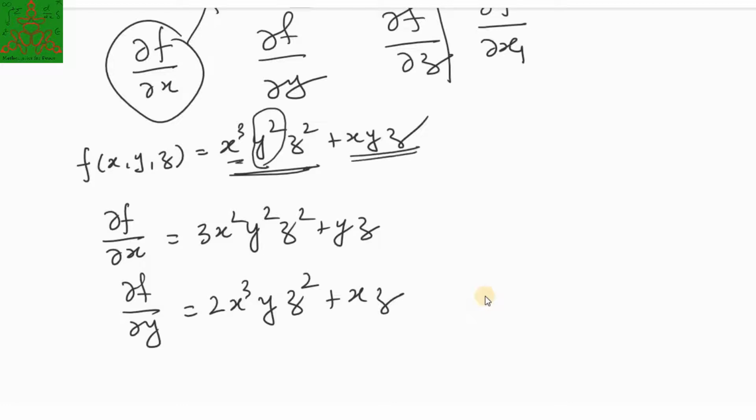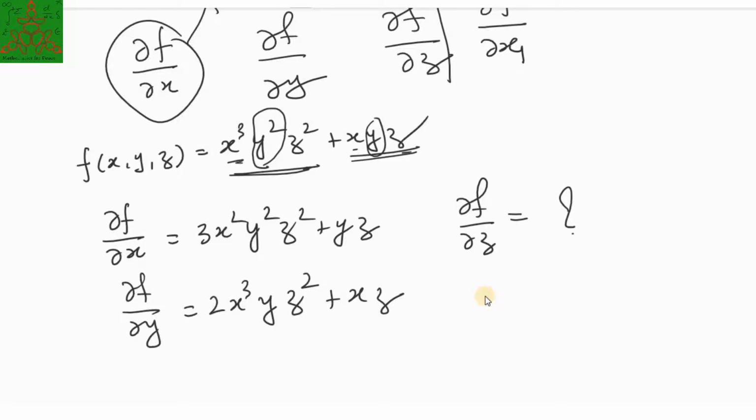Here also I did the same thing. Derivative of y, you know that it is 1 and the yz is as it is because they are constant when you are differentiating with respect to y. What will be the differentiation of this with respect to z? You can find out yourself. That is I am giving you as an exercise.